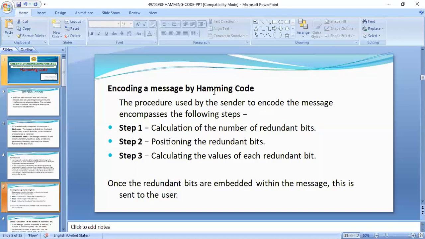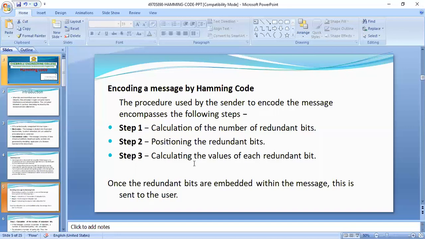In the second step, positioning the parity bits: in which positions we have to place those parity bits. In step 3, we have to calculate each parity bit value. Once the parity bits are encoded within the message, this message is sent to the user.